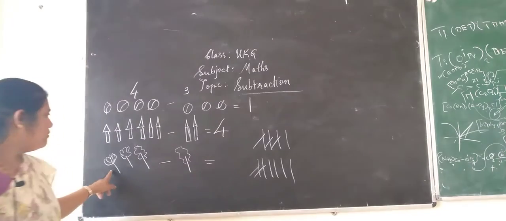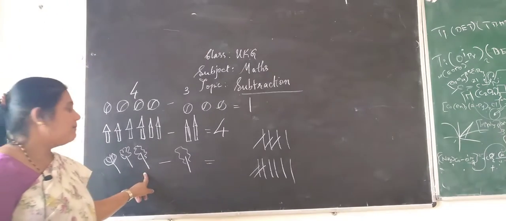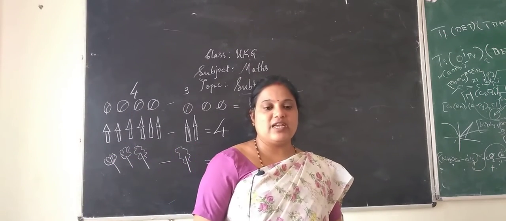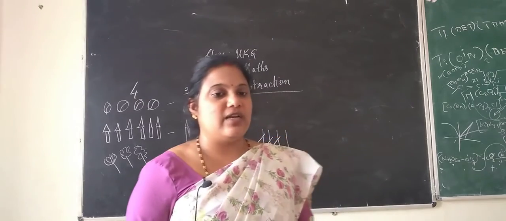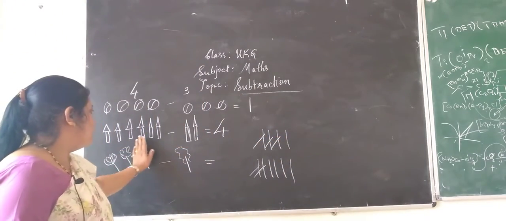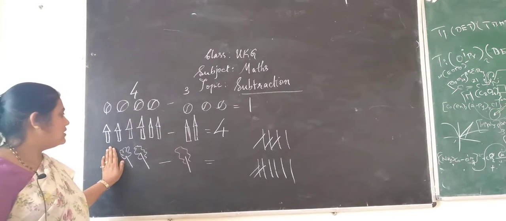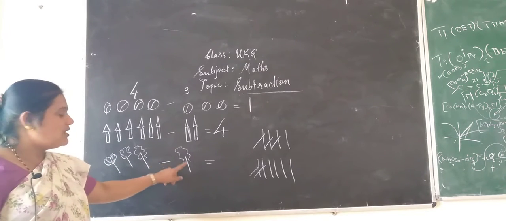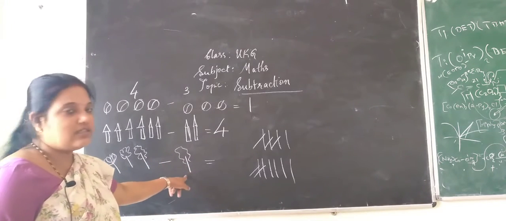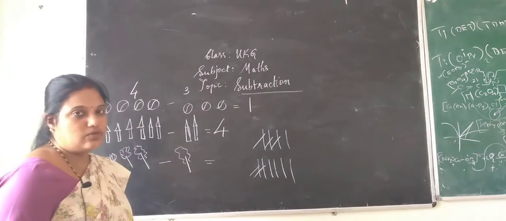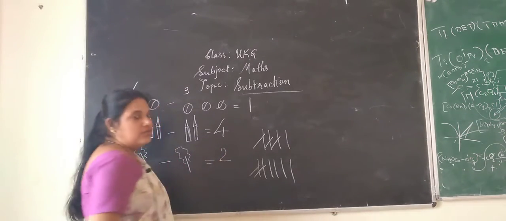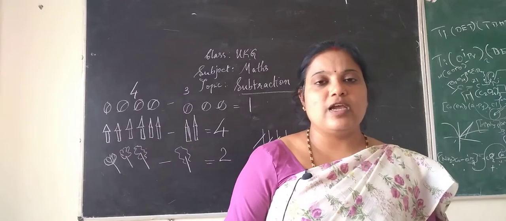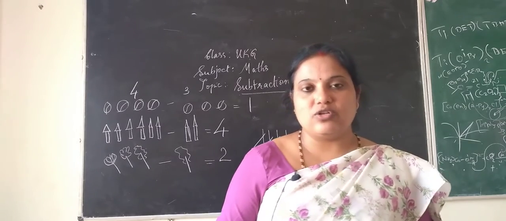Now see, you have some flowers with you. 1 2 3. Now one flower is already dried. It's dried and it's a waste. You don't see that flower at all. Now out of 3 flowers, if you remove 1, what's the balance? 1 and 2, right? You have only 2 remaining. You need to minus this. Children, out of 3 you are minusing 1, so you will get only 2. So subtraction is also very easy. You are just trying to remove certain things, and you will remember only the balance or the pending ones.